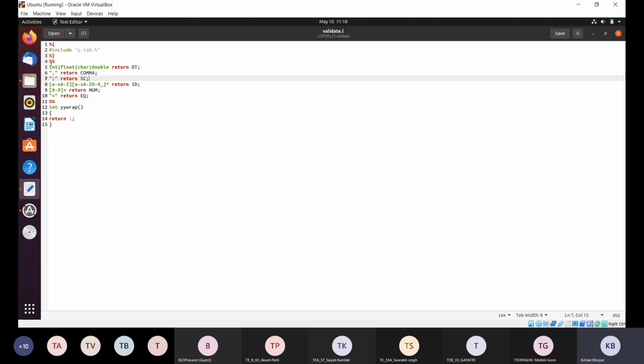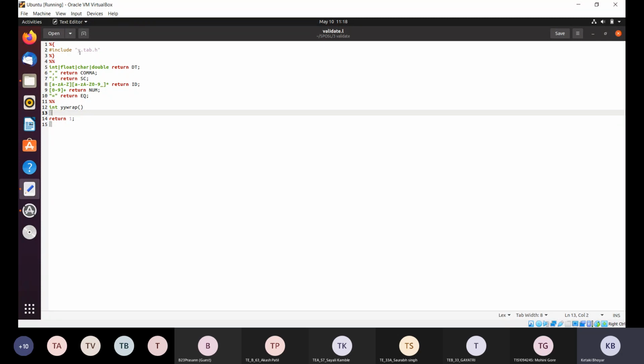So here the regular expressions are written along with their actions. Okay, so that is the second part, and the third one is the actual main code, actual main program. So we are going to see the lex file first. During execution also we are going to execute the lex file first, and then we are going to execute the YAC file.